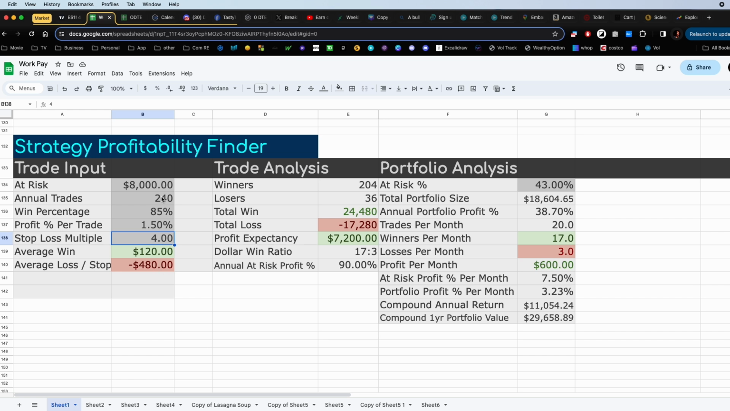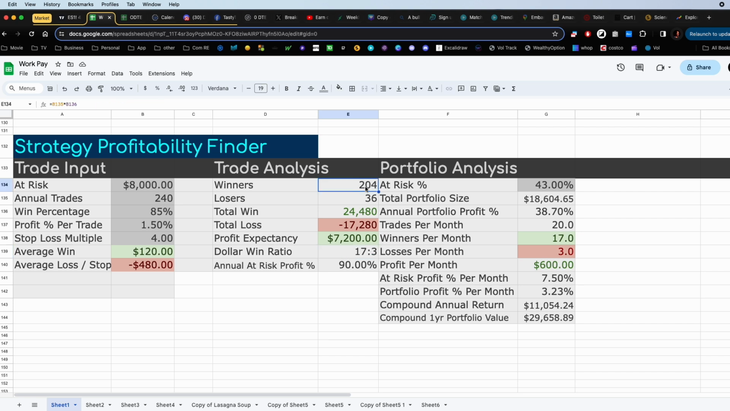So given this input, if these numbers hold true, then I can expect 204 winners. I can expect 36 losses. I can expect this amount, total win amount, so about $24,000 throughout that particular year. I can expect to lose about $17,000, and when it nets out, I can expect to profit about $7,200 all out. Okay, so that gives me a dollar win-loss ratio of 17-3, and basically what that means is